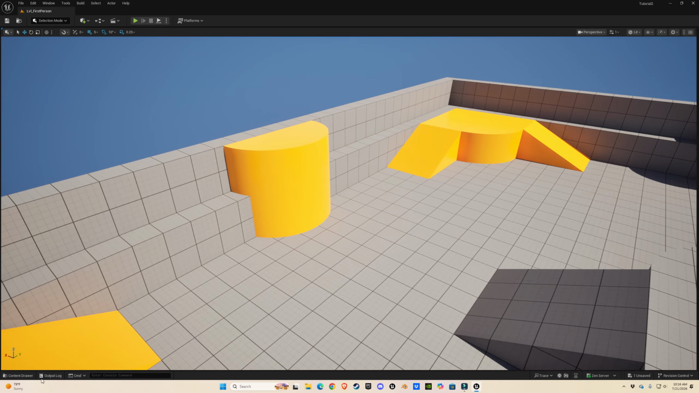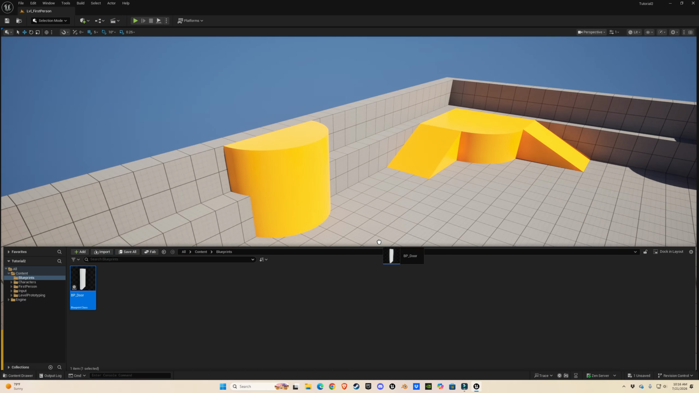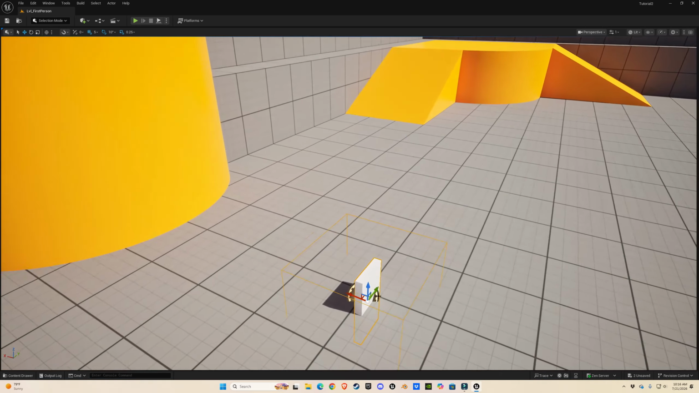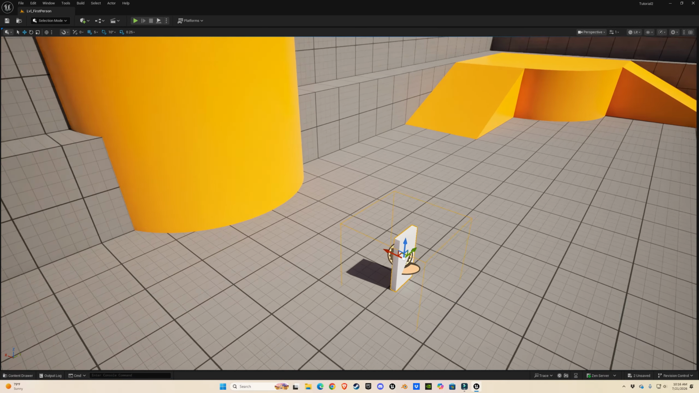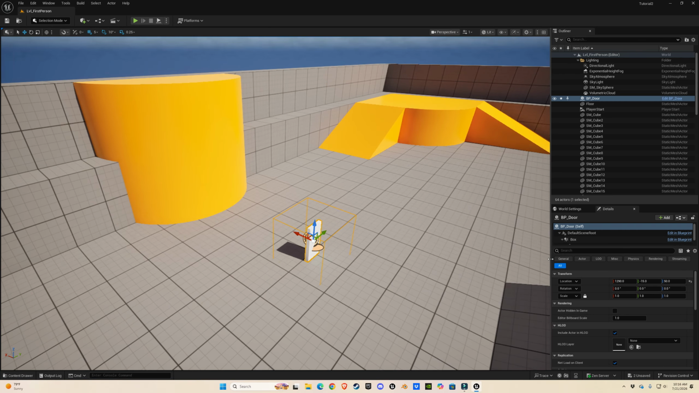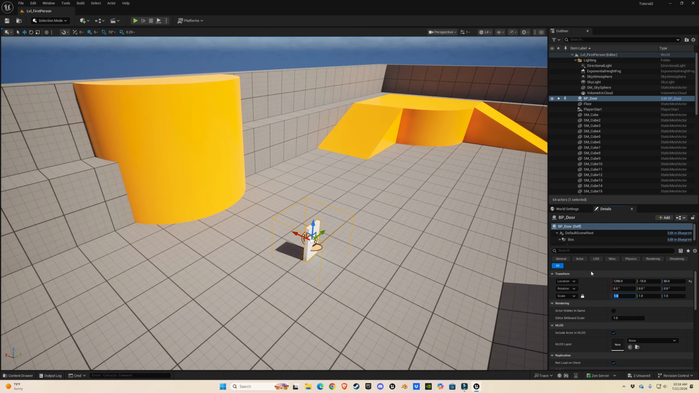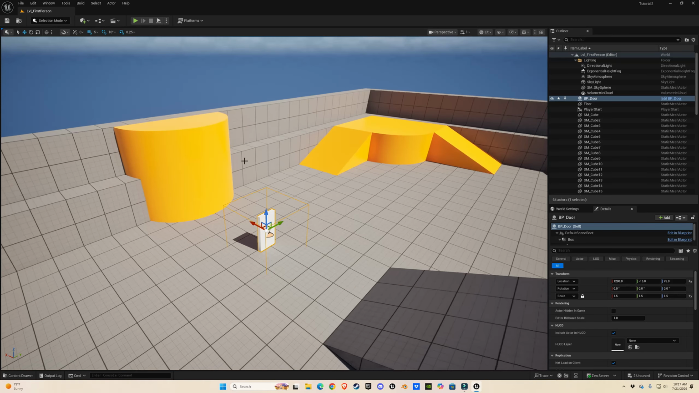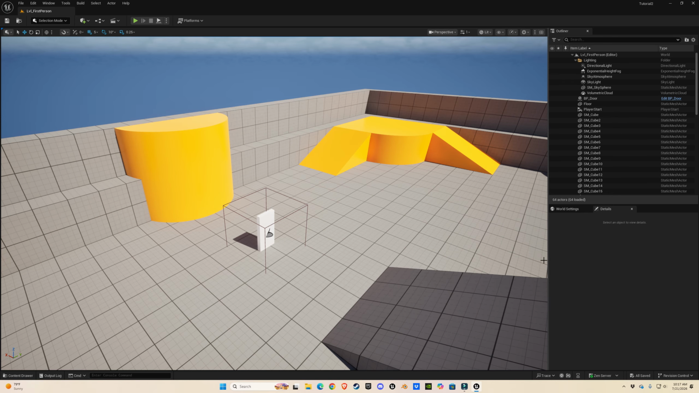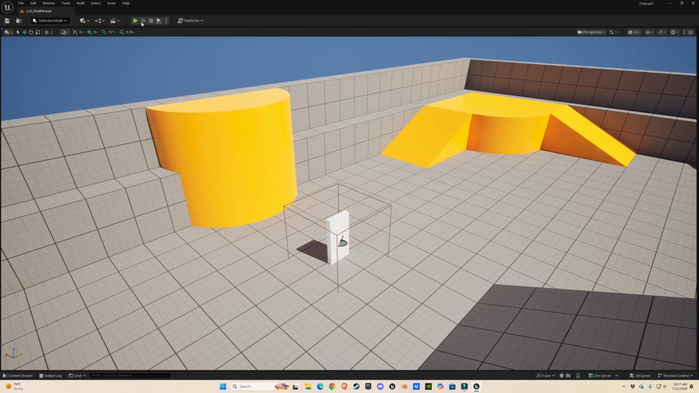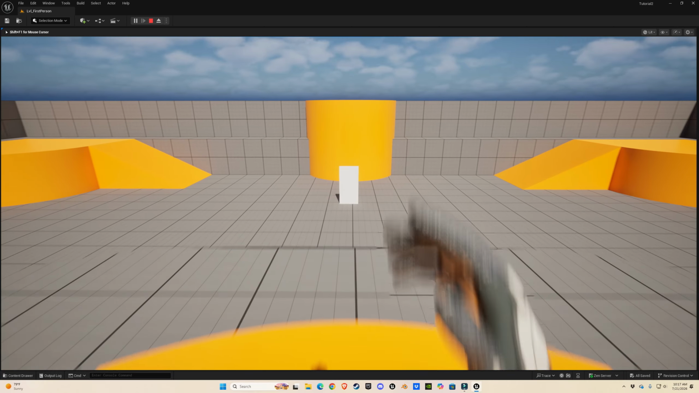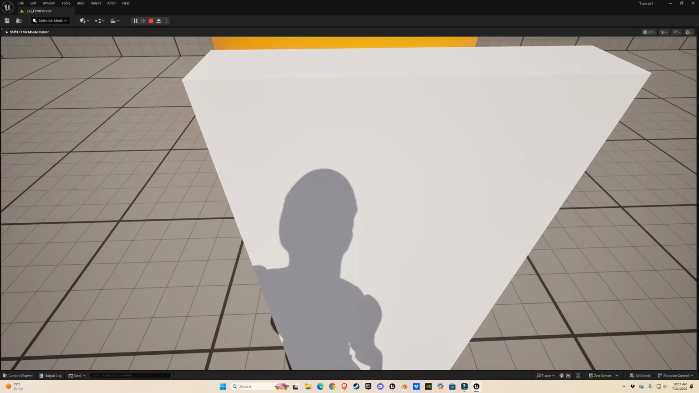Let's drag the door to the scene. Let's make it bigger. Go off of here. That looks pretty good. Save this. And then when we hit play, and then hit E,